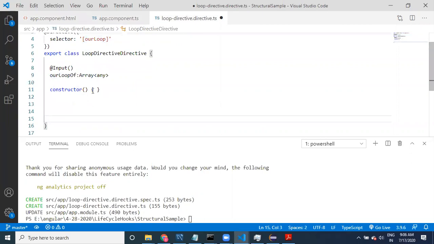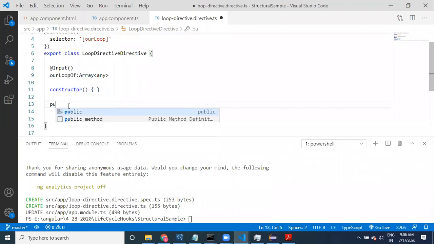Now will this value be available in the constructor or not? No. Why? Because first the constructor is going to get executed, and after that this is going to get injected using input.